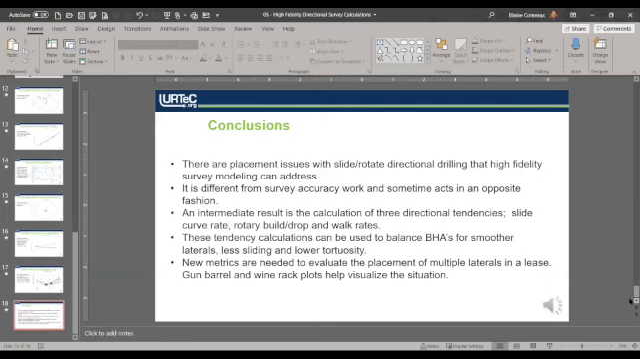So in conclusion, I'd like to touch on the following. There are placement issues with slide rotate directional drilling that high fidelity survey modeling can address. It is different from traditional multi-station analysis work and sometimes acts in an opposite fashion. An intermediate result is the calculation of 3 directional tendencies: your slide curve rate, your rotary build and drop, and your walk rates. So these tendency calculations can be used to balance BHAs for smoother laterals, less sliding, and lower